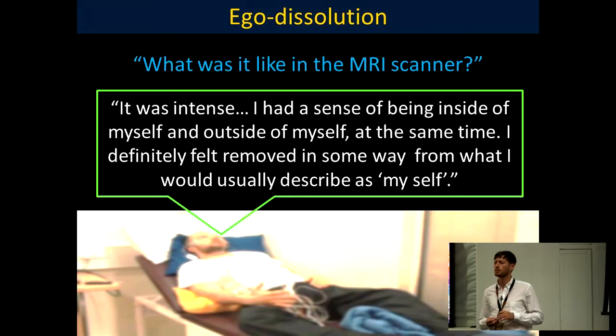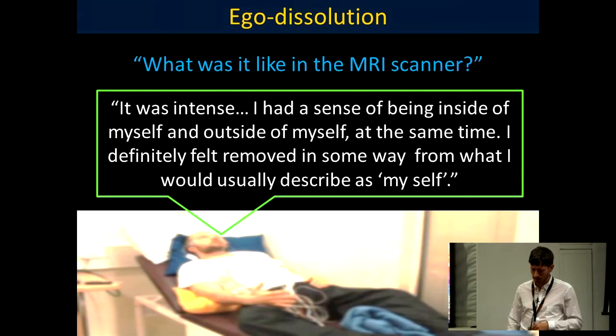I definitely felt removed in some way from what I would usually describe as myself. So this, like I said, this phenomenon of ego dissolution, ego disintegration, is very difficult to define, really. I think the best way to tackle it is to treat it as an umbrella construct or a constellation construct, meaning that it's made up of a number of different things, and it's only really when those are put together that you have this admittedly abstract and quite complex phenomenon of ego dissolution, which seems